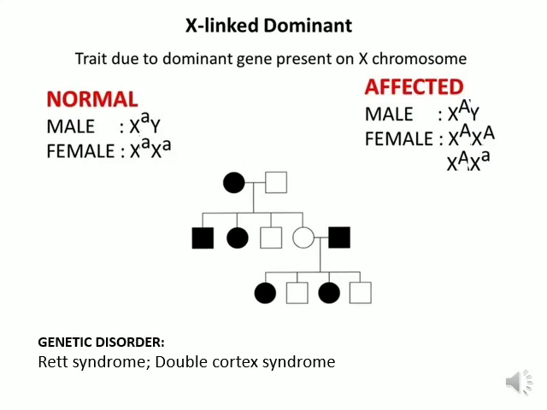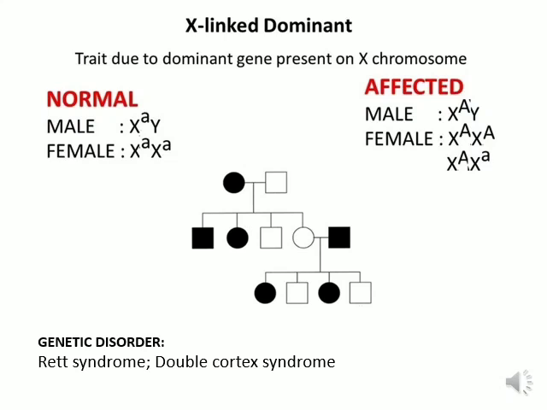So this chart shows the X-linked dominant one. See, if either of the parents is affected, there is no generation skip. All the generations have affected individuals. The male is normal and the female is affected. The female genotype will be either homozygous dominant or heterozygous. But since normal as well as affected individuals are there, the female genotype will be heterozygous, X dominant gene and X recessive gene. The male will have the X recessive gene and Y, and thus we will get both affected and normal, male and female, in equal proportion.